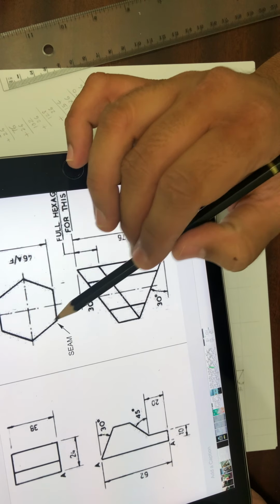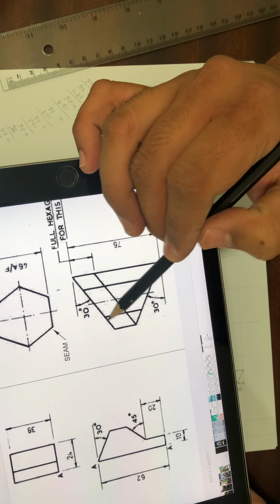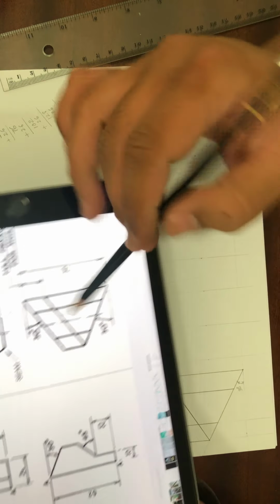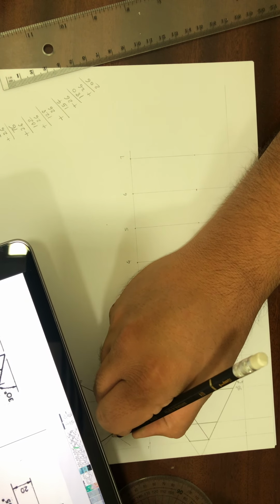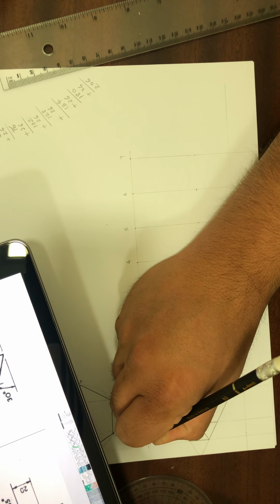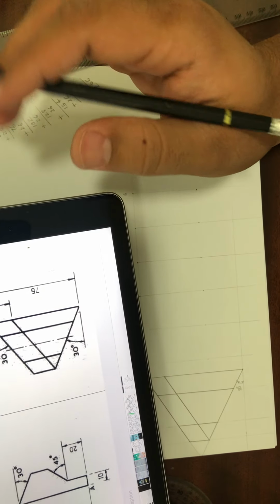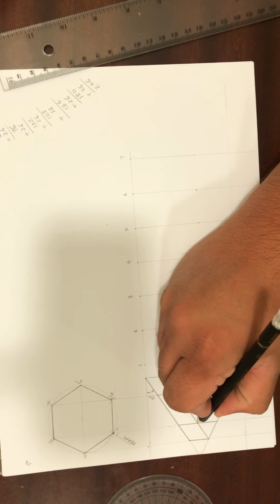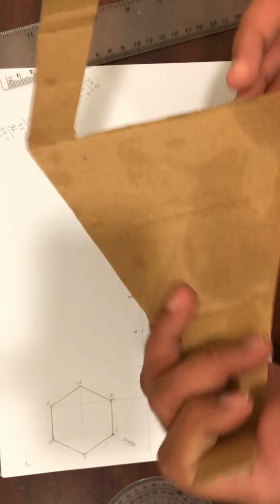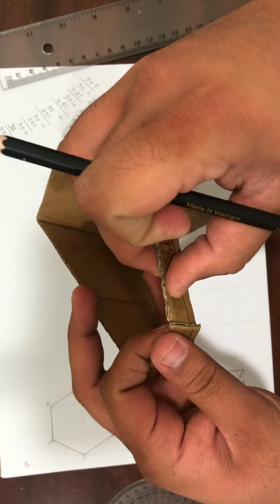So now here, see, this is the seam. This is the seam, meaning where is this point here? This is the point. Okay. This is the seam. Okay, so if this is the seam, it is starting from here. Okay, see here, this is the seam. So here it is joining like this.